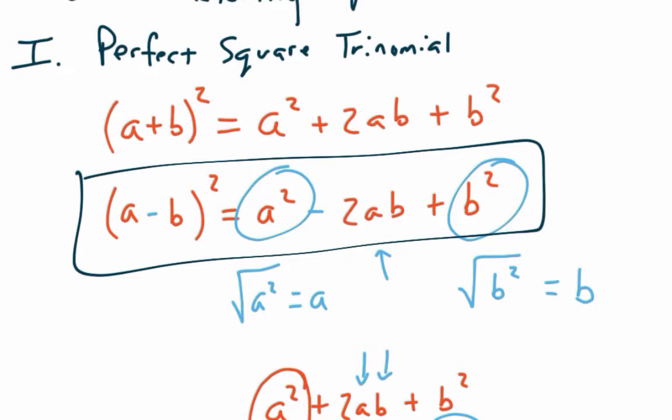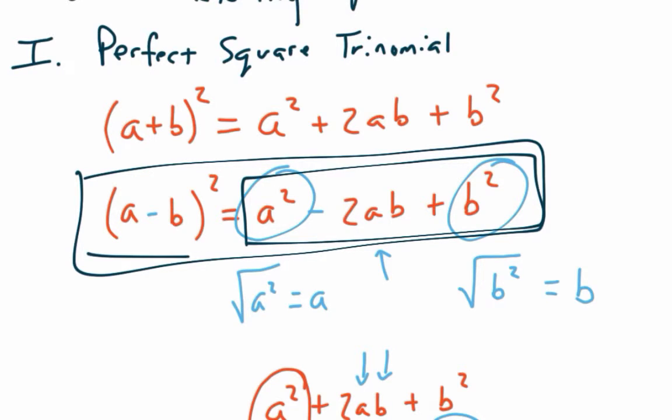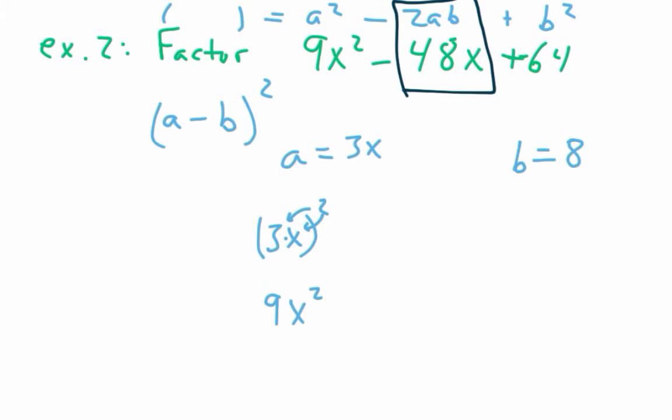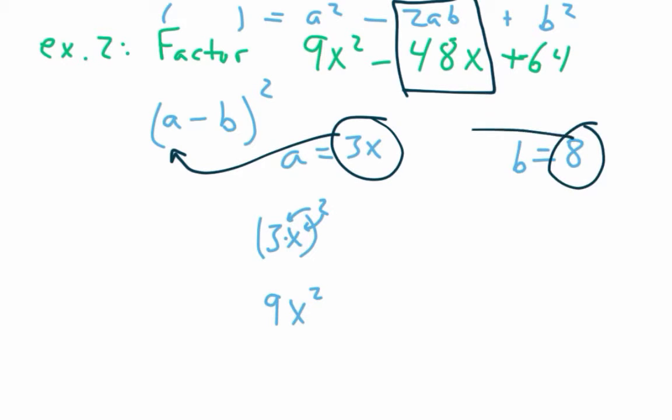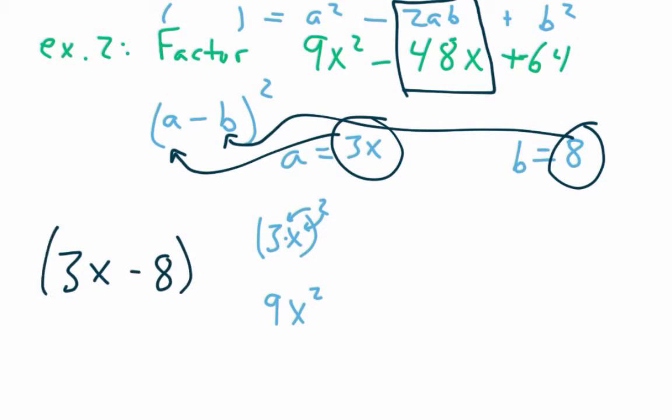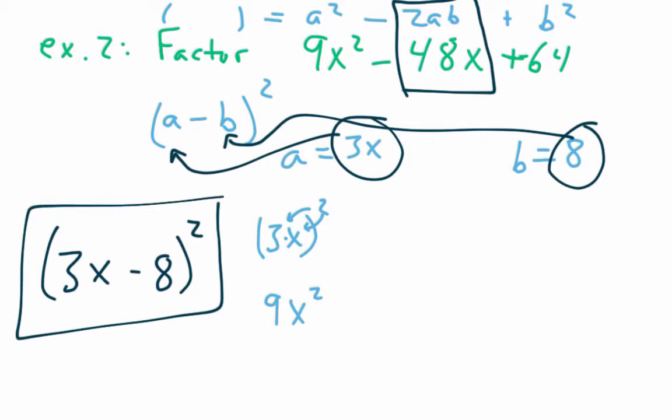So we just found that it fits this right side right here. So we know that it has to equal the a minus b quantity squared. My a is my 3x, and my 8 is my b, so I end up with 3x minus 8 quantity squared for an answer. Push comes to shove, go to the long way. Example 3 is an example of one that doesn't work. So you could just watch if you wanted to, but if you had to factor